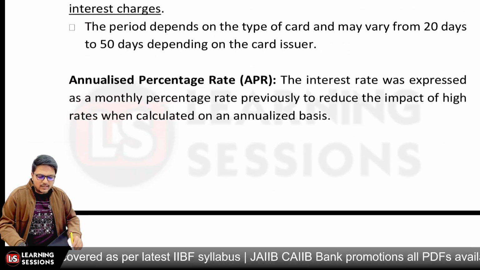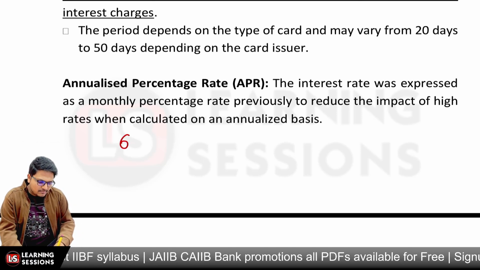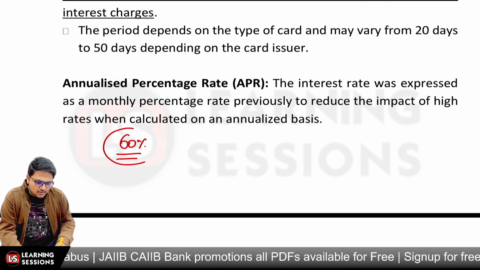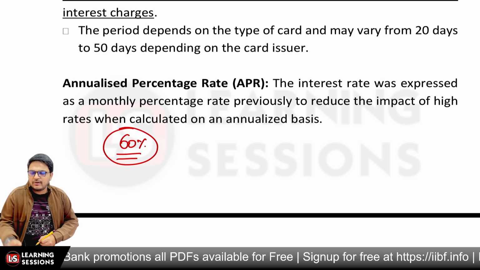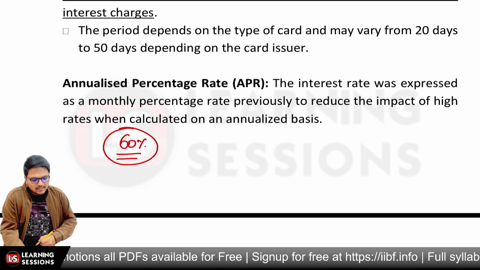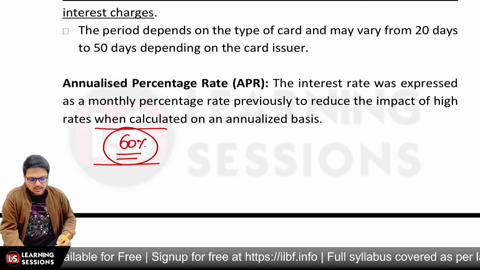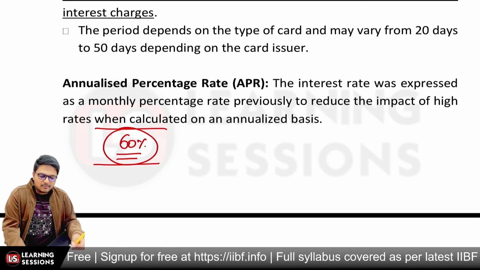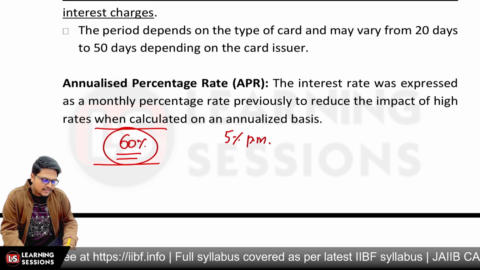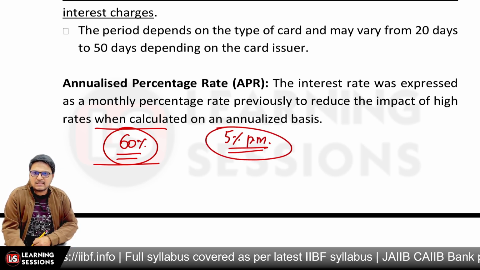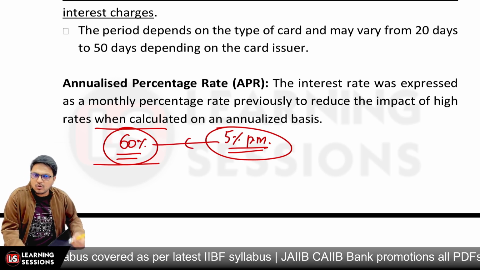And further, it's related to the annualized percentage rate. Let's say a total interest rate of 60% is being charged on the particular credit card, right? Now definitely it's a very hefty interest rate. Consumers will resist going for this much charge. So what did banks indicate? Banks previously indicated like 5% per month. They indicated 5% per month. Now 5% seems to be less, but the annualized percentage rate is actually much more.